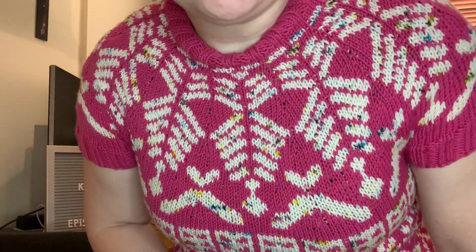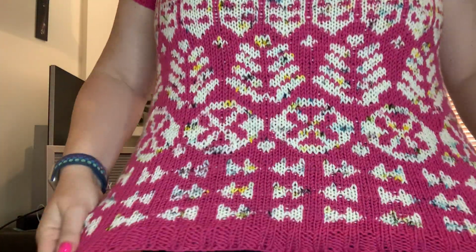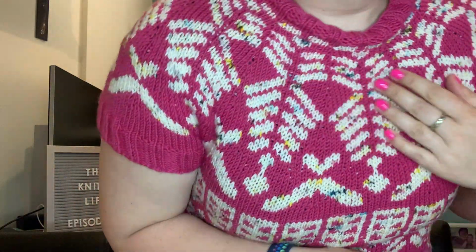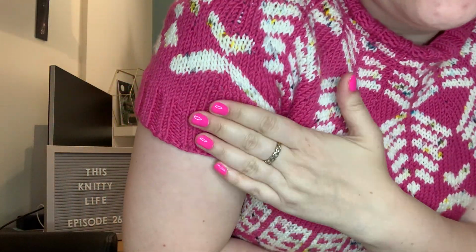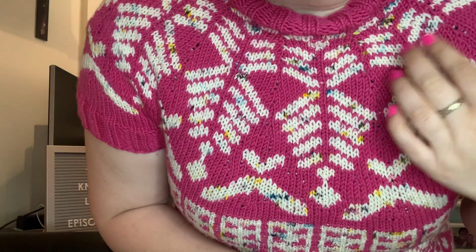So I'm going to kick off with one of my finished objects. This is Guthrie. It's a Caitlin Hunter one, I think. This has been on the needles for about a million billion trillion years. The pink is just a Drops, and the creamy with the speckles is a Dye Candy, which I think is called something about big toe. I can't quite remember what. This is my big toe. So basically I started this about a million billion years ago, and